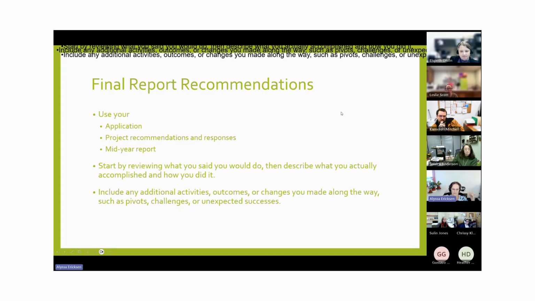We take all of your language and we'll tweak it a little bit, but it goes into our final report that is some crazy amount. I've got it over here, and I think it's like 100 pages long when I printed it out. So we report on all of your activities in our final report to IMLS. So this isn't just going into a portal as documentation. It actually gets used, and then